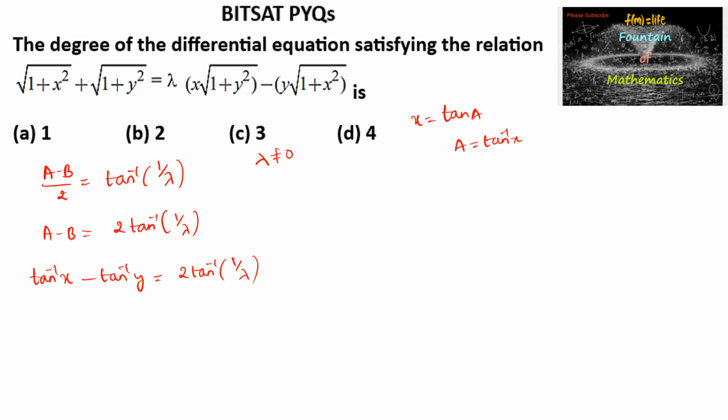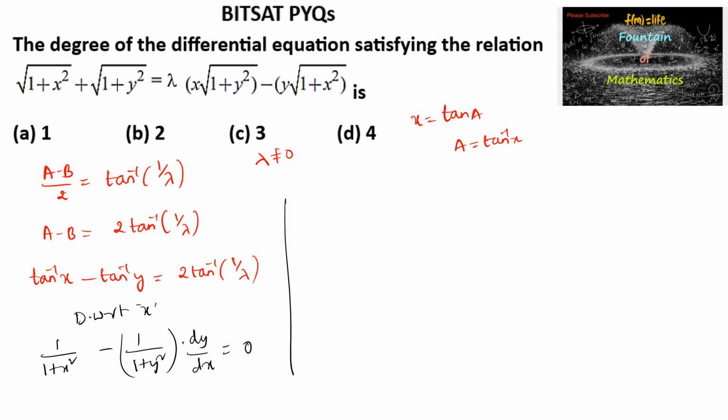Now differentiating with respect to x, we get differentiation of tan inverse x is 1 upon 1 plus x square, minus 1 upon 1 plus y square into dy by dx is equal to differentiation of this is a constant, so we get 0. So we may write here 1 upon 1 plus x square is equal to 1 upon 1 plus